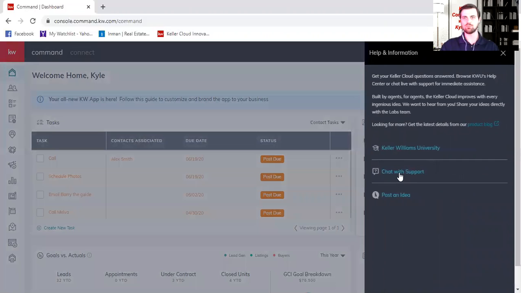And so you can actually come right in here and chat with support. And the third one here is post an idea. A lot of our agents might be moving to Command from other CRMs. Those other CRMs might have some really great features you would like to see in Command. So you can actually go here, post your idea. KW agents will rank that up. And whatever's ranked the highest, KW is going to work on creating and posting for all of us to use